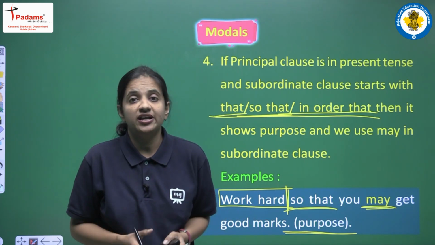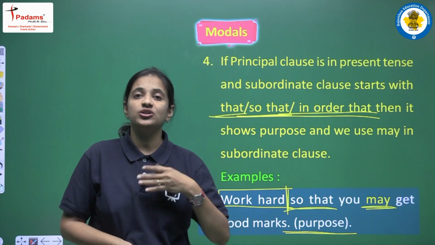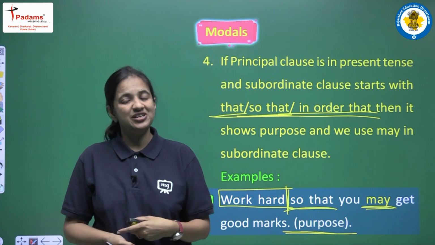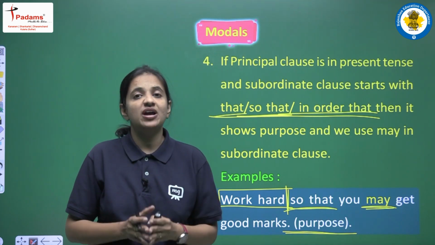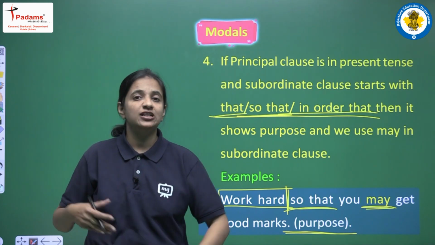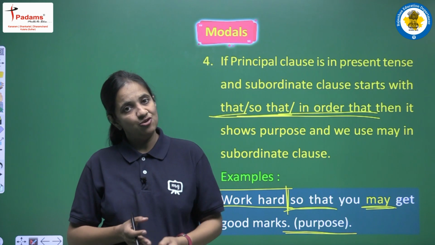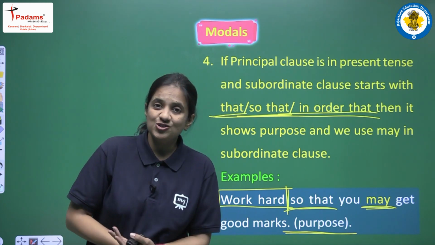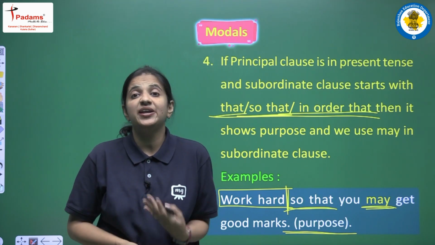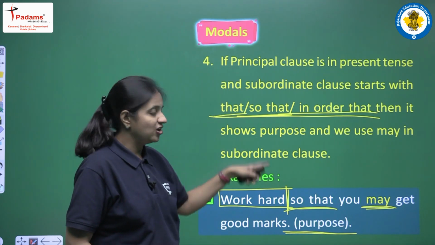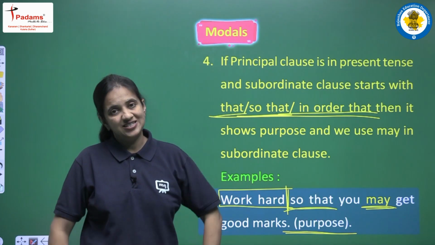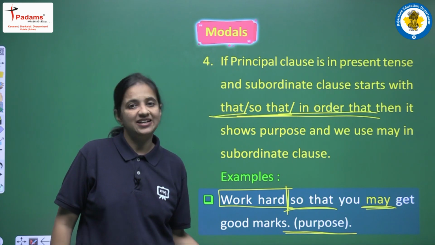It's a very important model. Generally it is used to show the permission, right, in both the manner, to take the permission, to give the permission, but that permission has to be very formal. Second very important use of may, it is used to show very strong possibility, and again a very common use of may when it is used to express some greetings, some wishes, some blessings, some prayers, right? And yes, in this manner also may is used in subordinate clause to show the purpose. So this is all about our this model, that is may.